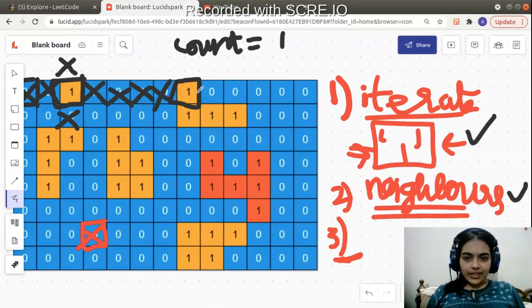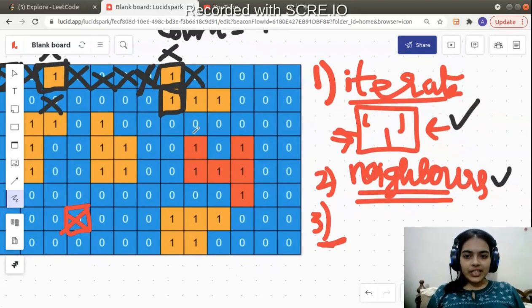It will call its right neighbor, and it will say I have value 0. It will call its top neighbor, and it will say I am out of bounds. It will call its left neighbor, and it will say I have value 0. But when it calls its down neighbor, it will be very happy. Its neighbor will say, I have value 1. So it is very good. I can help you in forming the island and increasing your area.